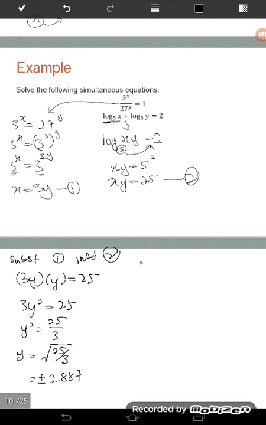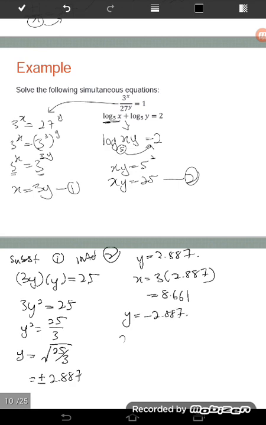For y equal to positive 2.887, x is equal to 3 times y, which is 2.887. So the answer is 8.661. Then for y, which is equal to negative 2.887, I have x which is equal to